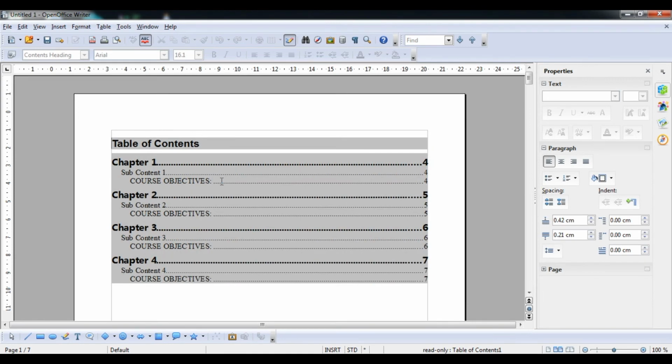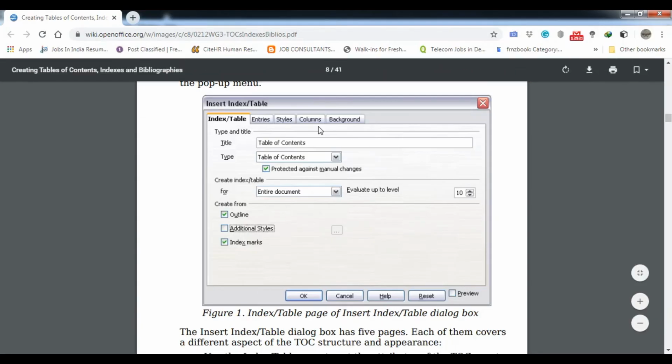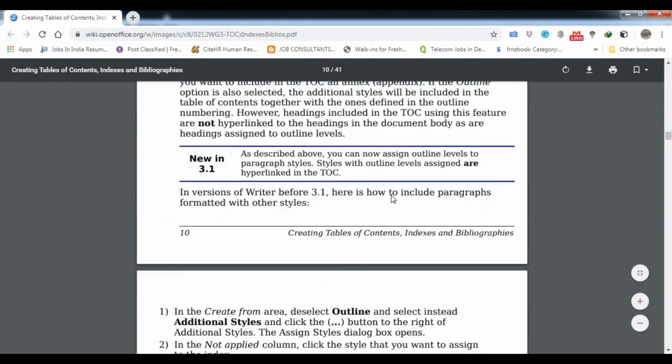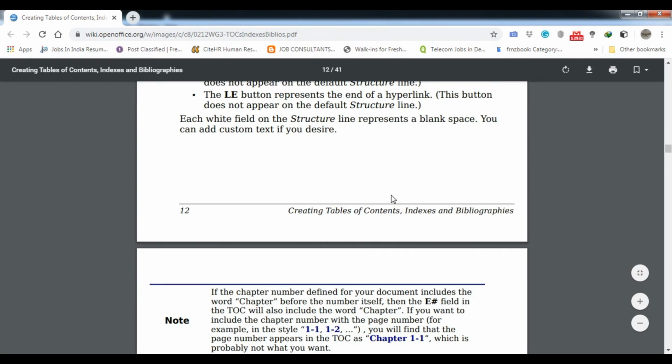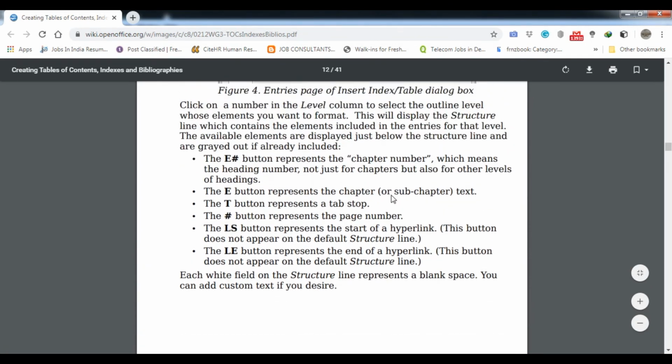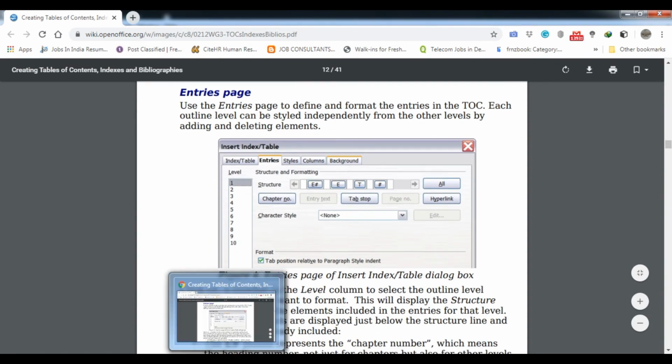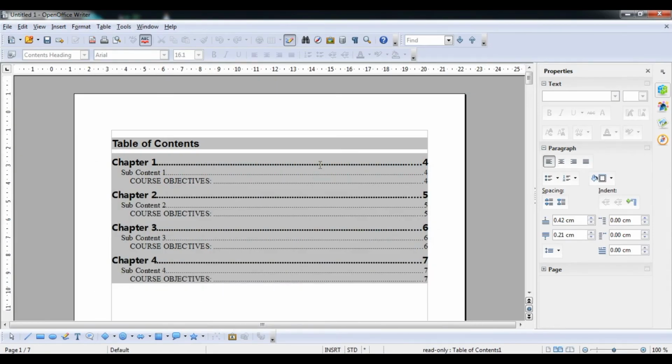Now we are talking about another thing, that is how to use the entry field. Students, this is a very important thing. This is known as entry pages. Entry pages means it allows us to make a hyperlink. When the student comes and clicks on this particular thing, the cursor will automatically transfer your screen to that page. So how to do that, students?